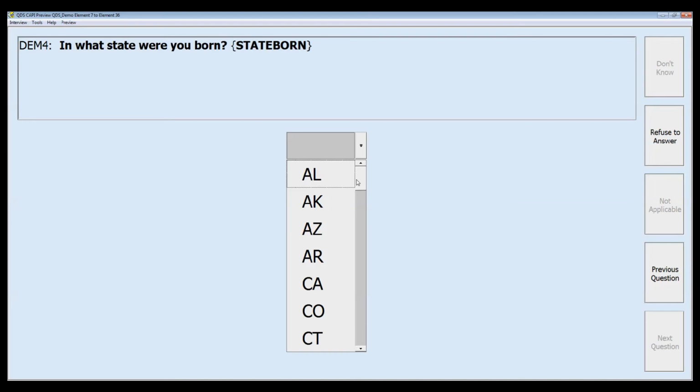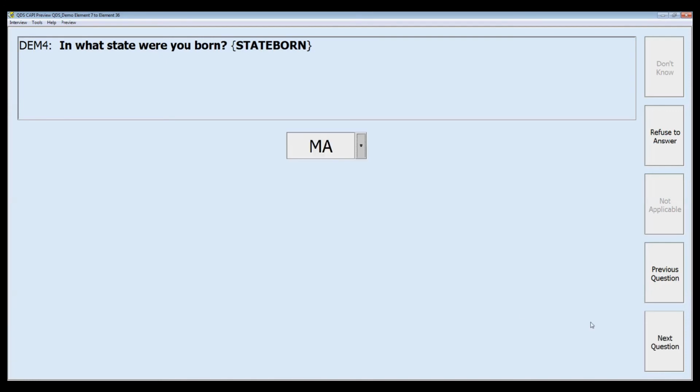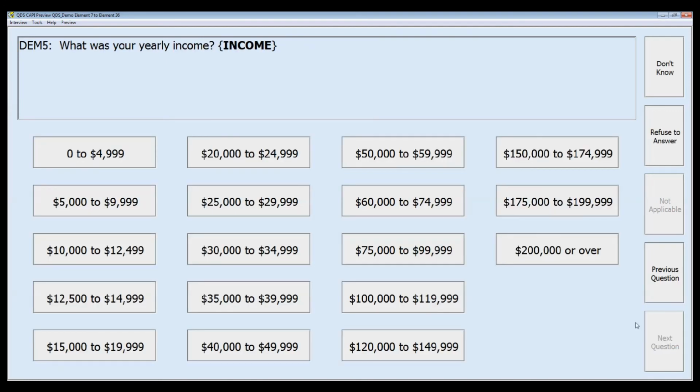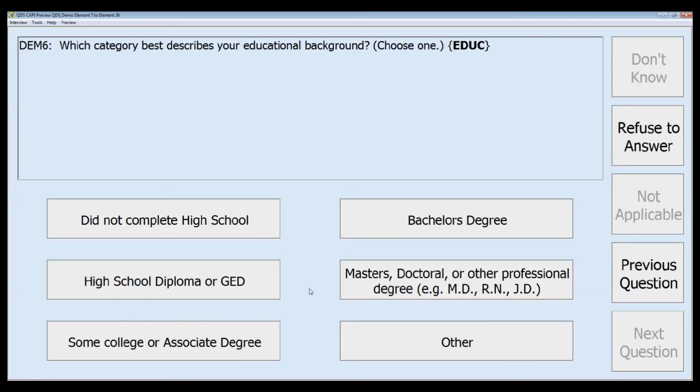And then now we're at the state born question, and this is where we have changed the size of the question box, so it is a lot smaller. You'll also notice this is where we made the standard button smaller, and this gives us more room for our very long drop-down box. And this is also the case for the next question, our income item, where we have quite a few responses, and so it's nice to have extra space for those. And now for the next item,